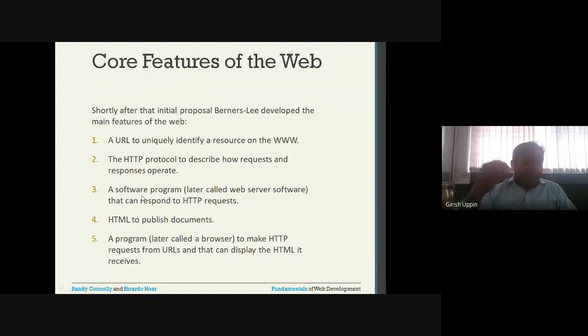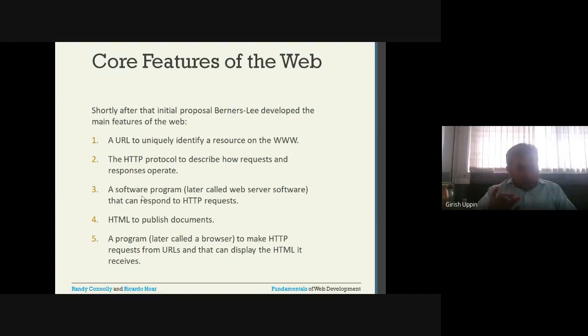Then the server will respond with an HTML page, and maybe it will respond with a page where they will ask you to enter user ID and password. So once you put in gmail.com, it will ask for the user ID and password. You enter the user ID and password. What response you get is an HTML page that will be loaded on the browser. A browser is nothing but a program, like Chrome, Internet Explorer, Firefox, Mozilla. All these are different browsers which will render whatever response we get from the web server. So it will be painted on the browser.